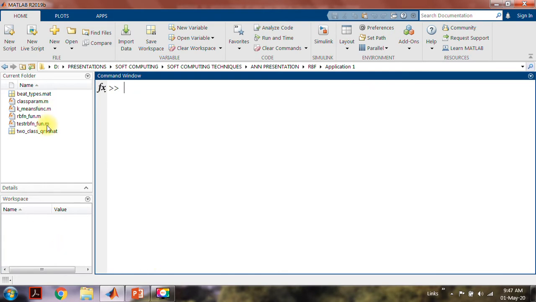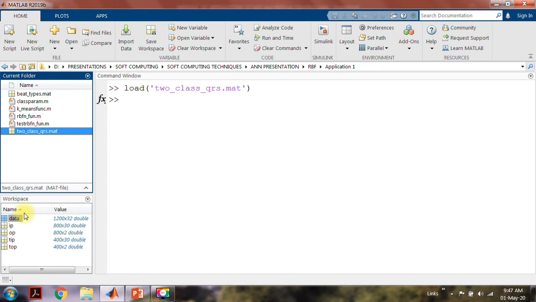So I have the two class QRS matrix again in the form that is required by MATLAB. Same kind of data, exactly the same data as a matter of fact, and we have these two functions.